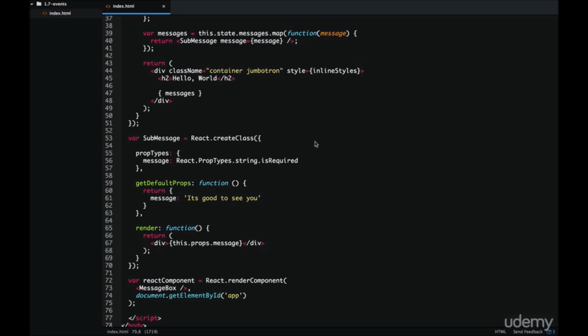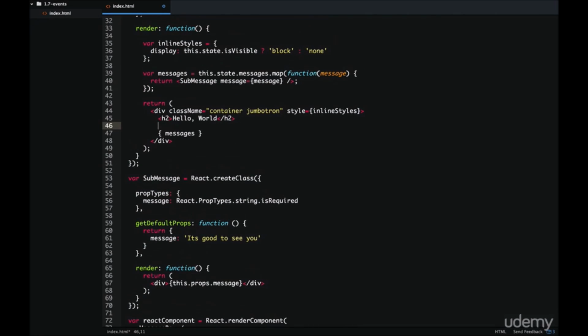In our ongoing example, let's give the user the ability to add a new message to the list. And we're going to need a button for that. Let's add one and let's set the onClick event for it. Right above the messages, we'll add a new button. And now we're going to add the onClick event, and we're going to do it with camel casing. Using an expression, we're going to set it to a function that we haven't created yet, and we'll call it